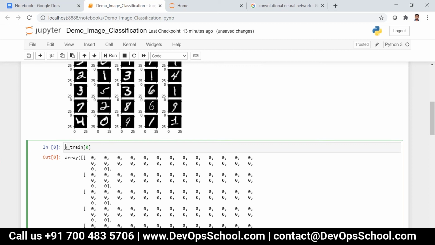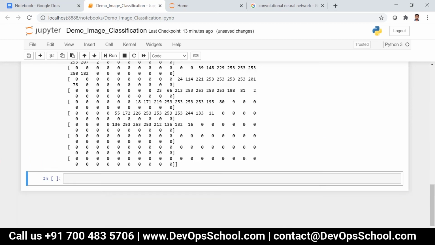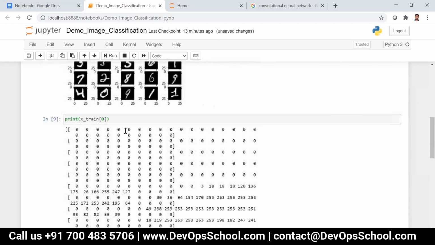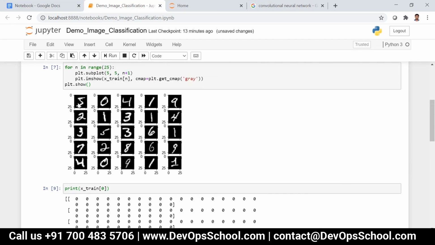If I say print of xtrain of 0, you can see 28 rows and 28 columns. This is just a single data, and this particular data is for the image 5.